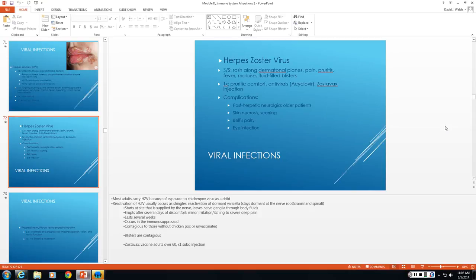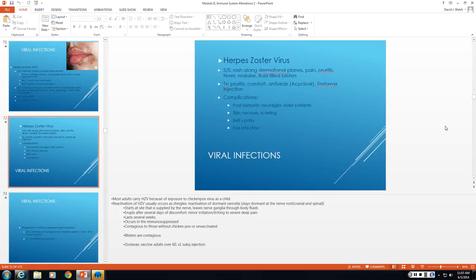Your signs and symptoms, like we said, are a rash along the dermatomal planes, pain, pruritus, fever, malaise, and fluid-filled blisters. Your treatment is going to be pruritic comfort, antivirals such as acyclovir, Zostavax injections, or